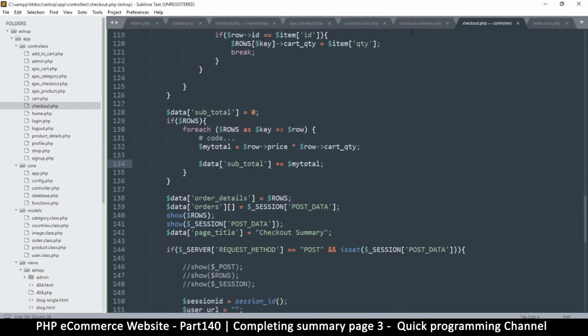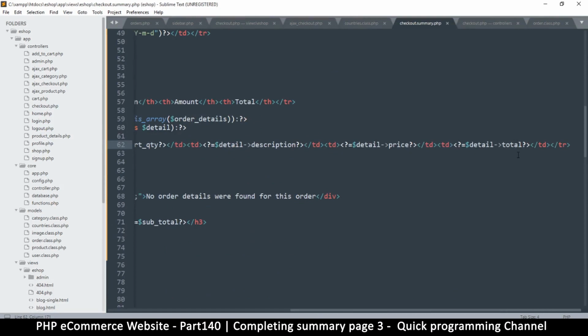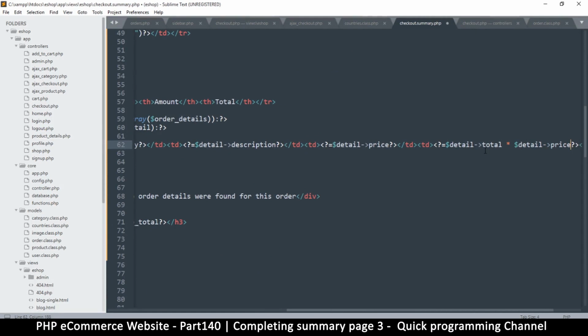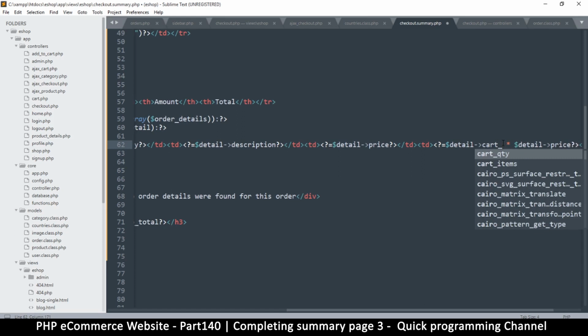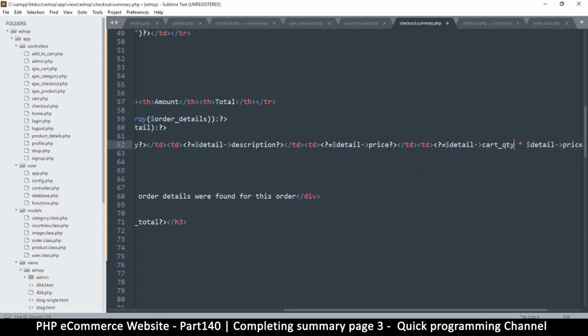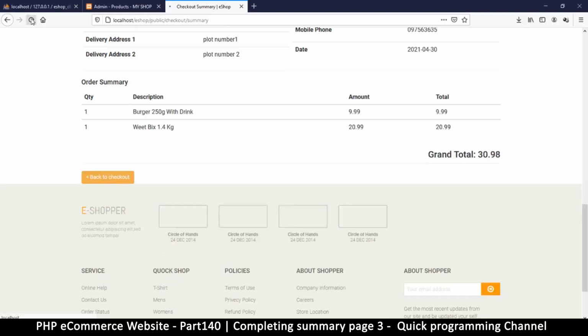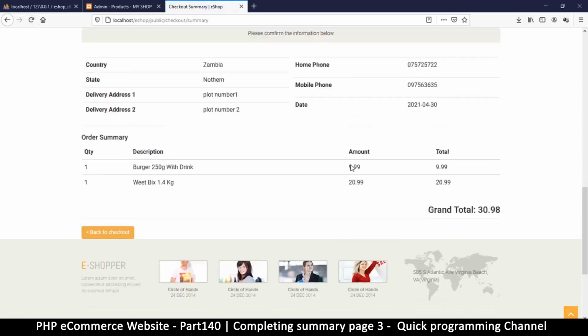Okay, so scrap that. Let's go back to the thing here and let's do a multiplication. Multiply the price and the detail. Oh, the total and wait a minute. It should be the quantity. Cart underscore quantity. Yeah, let's put that in some brackets and refresh. Okay, so we're finally there. See,